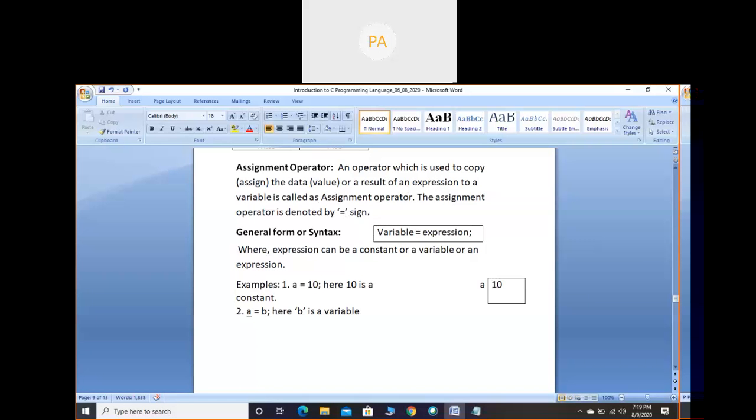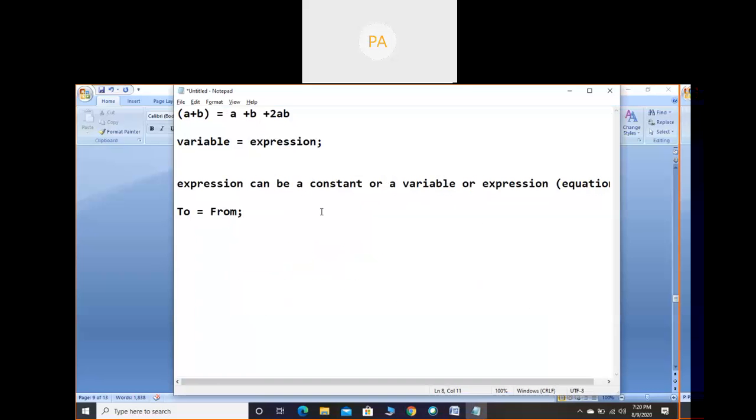Okay. Now this is the general formula, that is the syntax we have to remember whenever we use assignment operators in the program. The formula says variable equals expression. Like in mathematics, if there is a formula like a equals b, it doesn't mean that in every problem we have to use a and b variables only. In problems we can change it to x equals y. The only thing is we have to follow that statement.